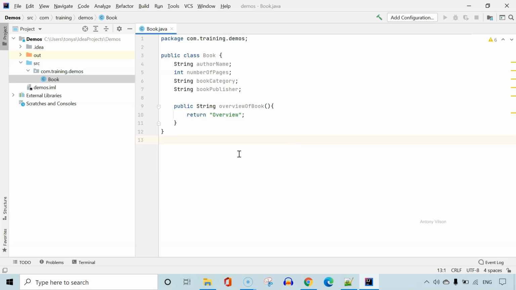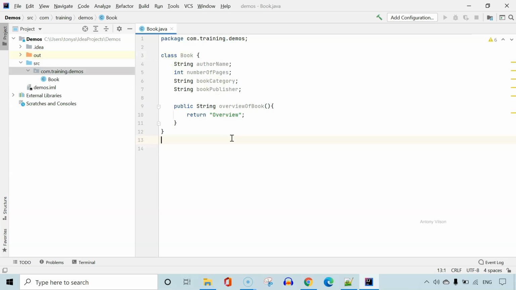Now I have a book object. Now I should be able to manipulate this book object. I should be able to use it. I should be able to store it. I should be able to transfer it. I should be able to do all these things. Java provides all these possibilities. I can do anything I want with this object. Now let's create some instances of this object. How can I use this object, right? So I'm going to create an instance of this object.